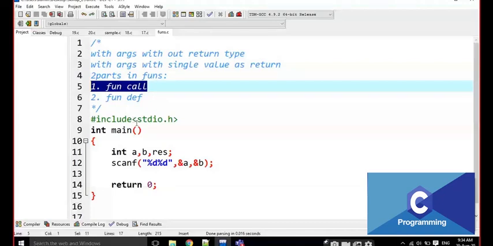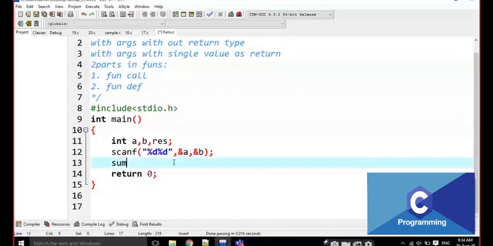Function call. Then, for example, I am going to write here like this. This is the function call. That means I am going to call sum like this. I am shouting here sum of, but I am going to shout it with two arguments. How many arguments are there? Two arguments are there, and we have to observe this one when this is a function call.